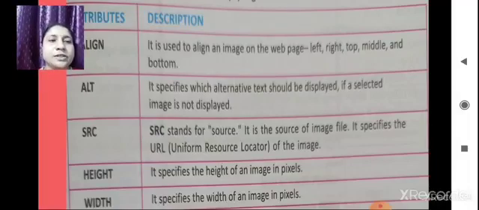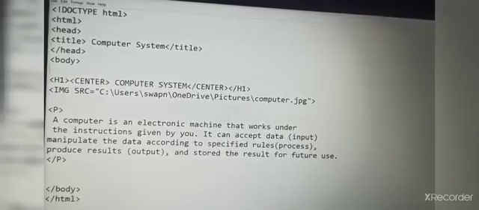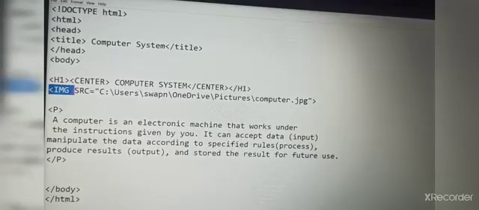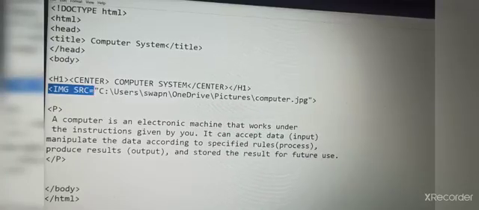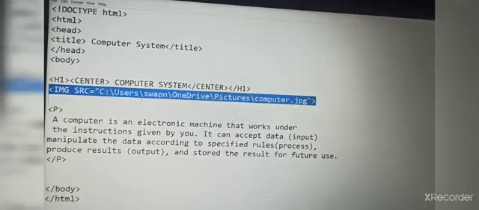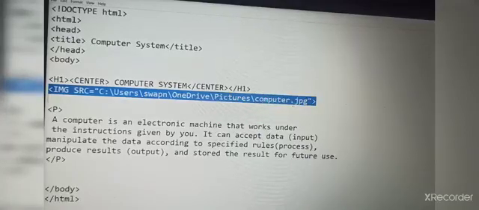Yes. Okay, now we are going to insert an image. Now see here, I have written an image tag. It is an empty tag, so it has only an opening tag, not a closing one. In that tag I have written src, that is source. Source means from where your image is going to come. Here you can see I have written C drive, user, pictures, computer.jpg. This is where my image is stored. So in the source I am giving the path of the image from where it will come. Now we will see how it will display on our page after saving.